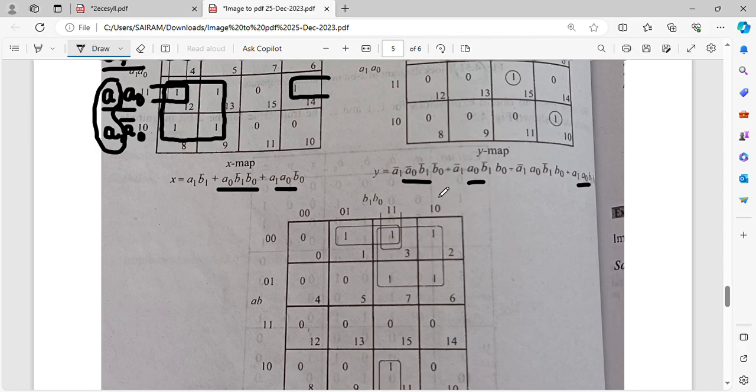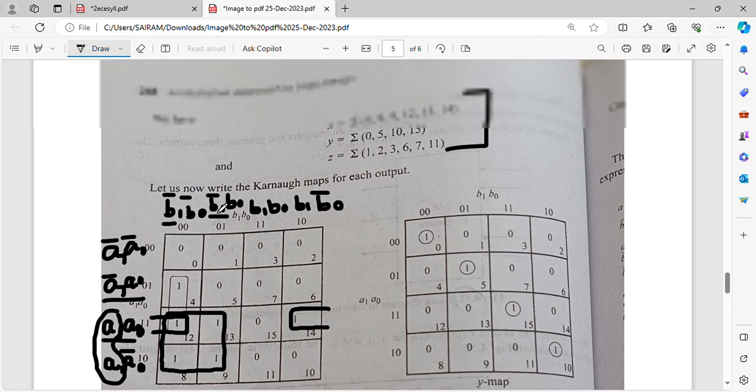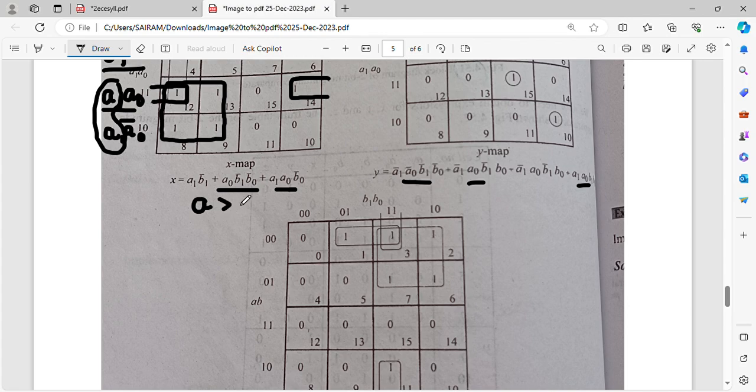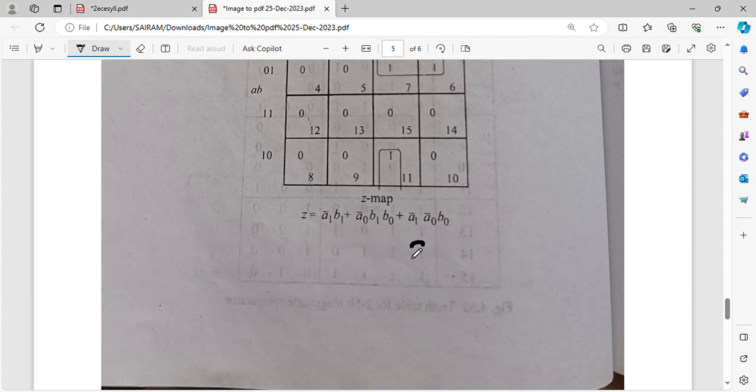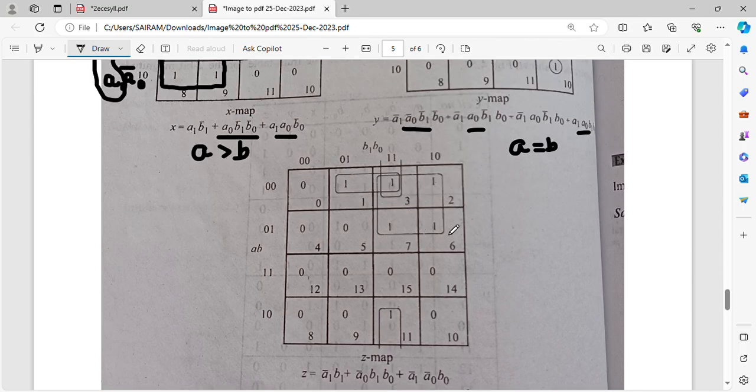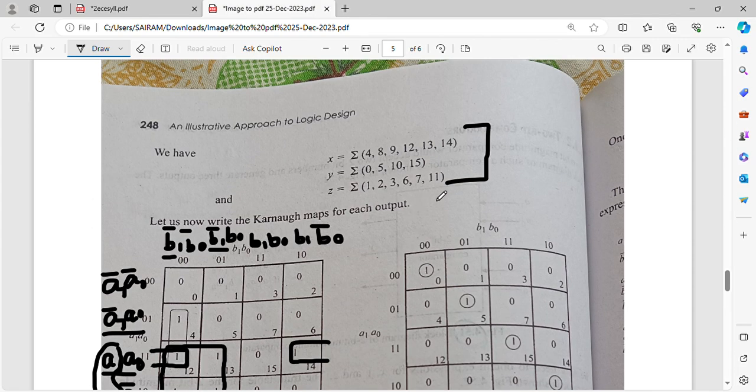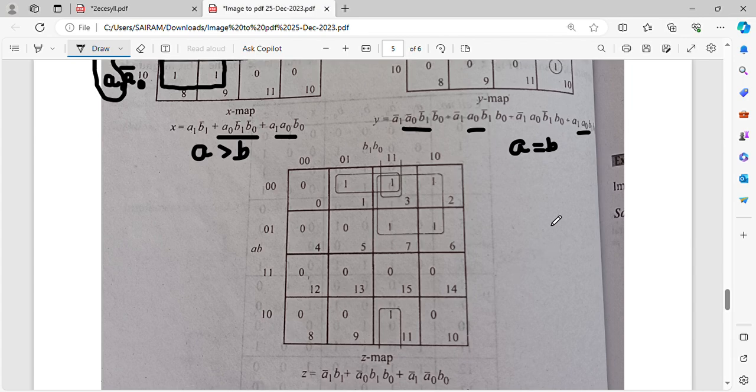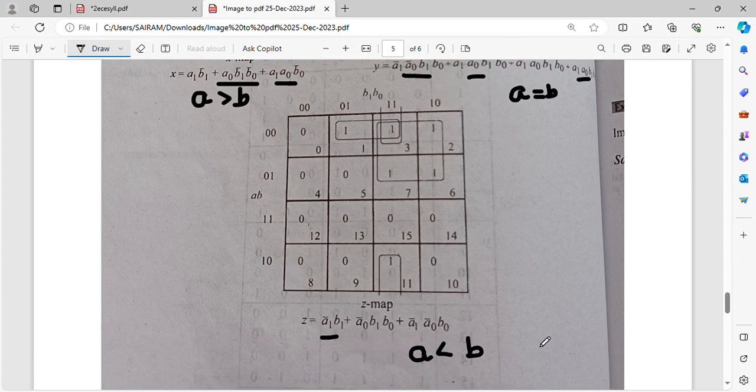So next, this is for A greater than B, A equal to B, A lesser than B through K maps, right? So here you can see that, it is nothing but equal to 1, 3, 2, 7, 6 and 11, right? We have written it here. Yes. So when we group this, you get a group of 4 here. This is one group of 2, this is one group of 2. So now how has this A1 bar B1 come? I guess it's for the group of 4, right?